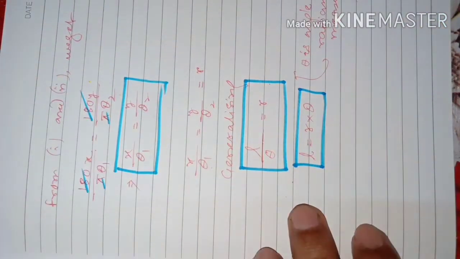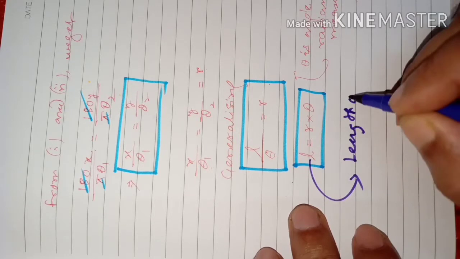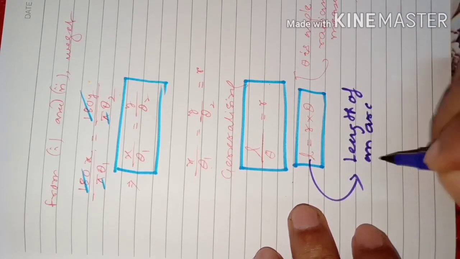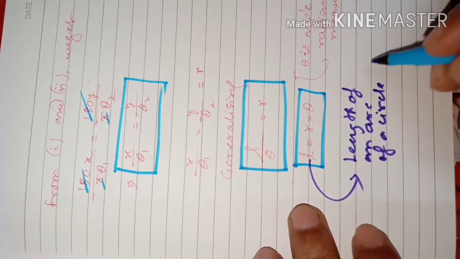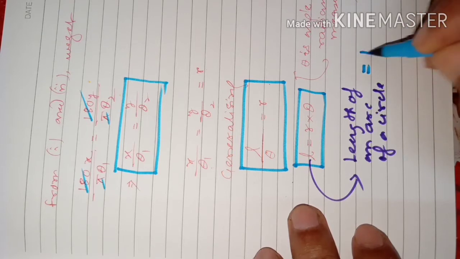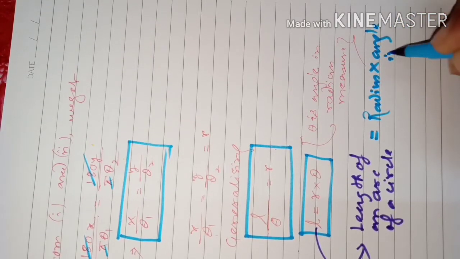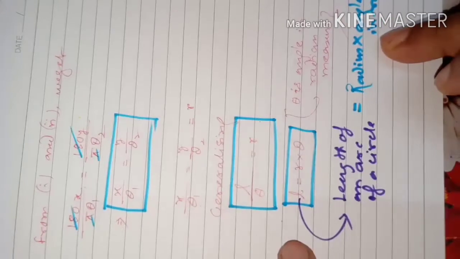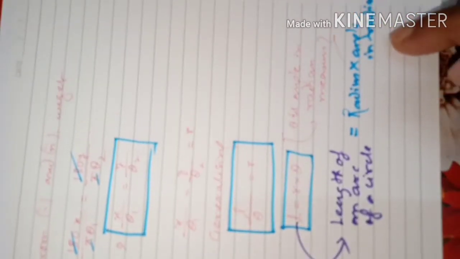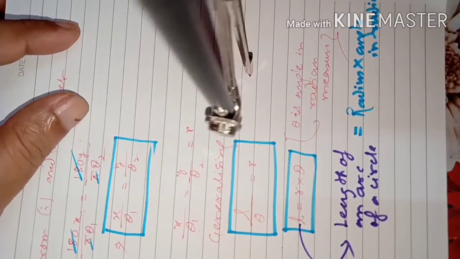So the length of an arc, this L stands for the length of an arc. The length of an arc of a circle is equal to the radius multiplied by the angle subtended, the angle in radian. Okay, you should try to understand this angle is subtended at the center of the circle. This angle is in radian, that is subtended at the center of the circle. By means of a diagram, I am showing you what we are talking about.